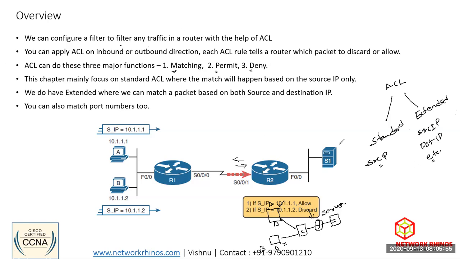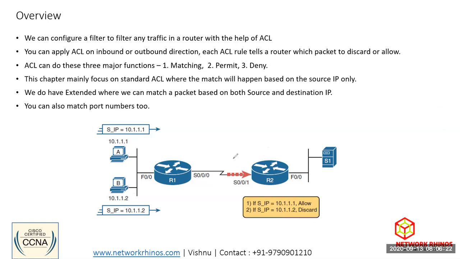So now Suresh, imagine that my server's IP is maybe 11.0.0.1 and the traffic from 10.1.1.1 should be allowed to 11.0.0.1, but traffic from 10.1.1.2 should not be allowed to 11.0.0.1. So in that case on R2, do I have to apply my ACL in the inbound direction or in the outbound direction?